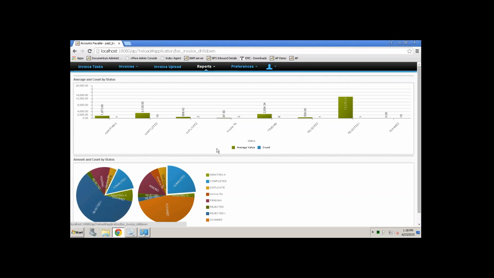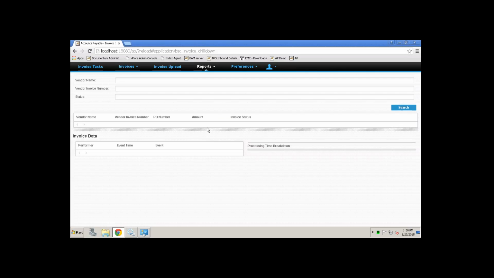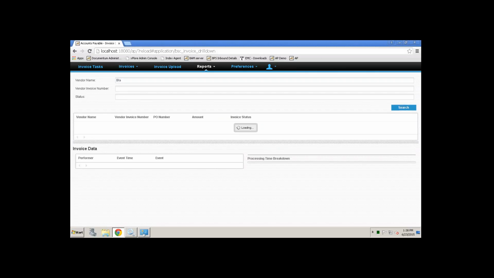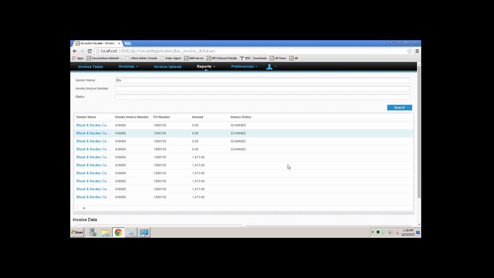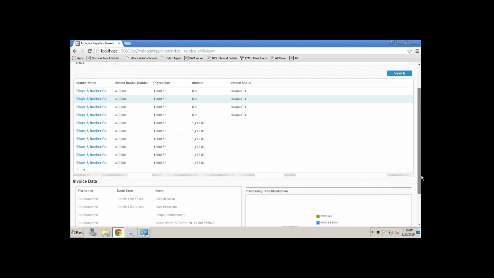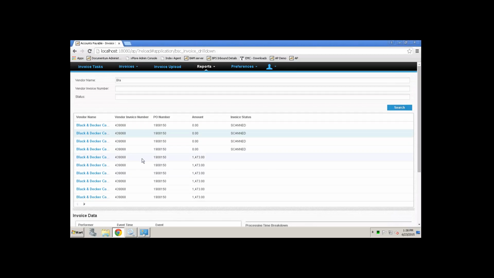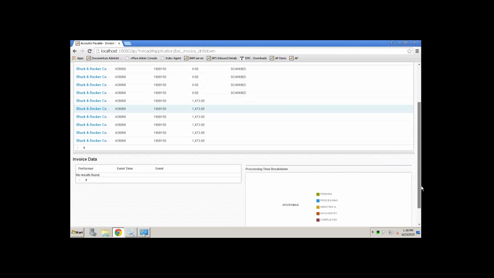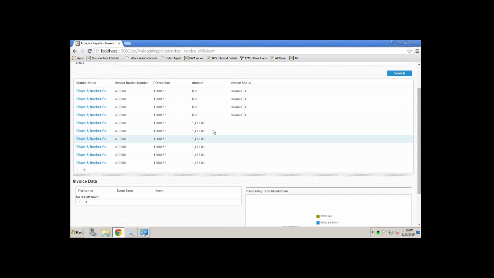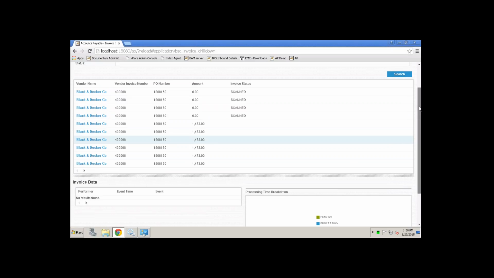I have reports by invoice, or if I want to look at an individual invoice, let's take a look at a specific vendor. If I highlight one of their invoices, then down below I can see some detailed information about who did what, when, and get some specific information about that. Let me click on one that has a little better data. And then lastly, we've got